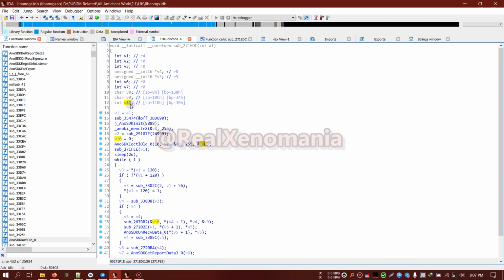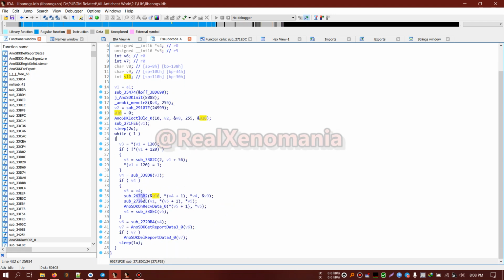Also there is another parameter here, v10, and we see that by default it is given the value 0, and then it is being used down in 267 bb2. It is also used as an address, so it will also calculate something and return back to it. But obviously this is not being used here right now, and this variable is also from the stack. So the address v10 means that this function is going to effectively affect this stack value. Okay, so